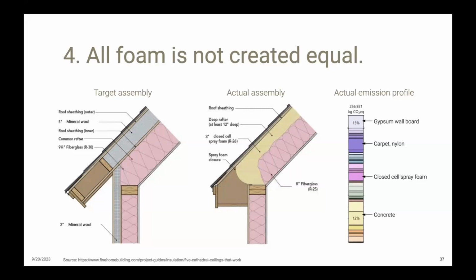We were very careful to use only a small amount of spray foam. We specified it only where we had vaulted ceilings, and we kept the foam to the minimum depth of 3 inches. But even with all of those efforts, after we ran our embodied carbon analysis on the right, the spray foam was still one of the top contributors to embodied emissions on the project. And I think knowing what we know now on future projects, we would really advocate for a different air sealing solution before defaulting to spray foam.